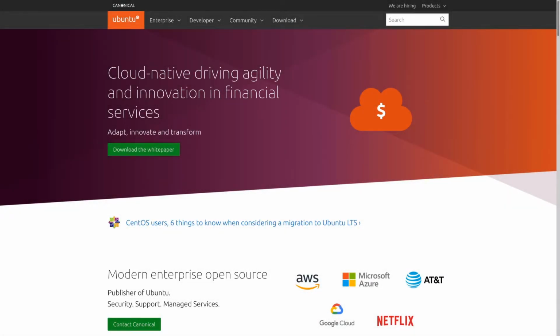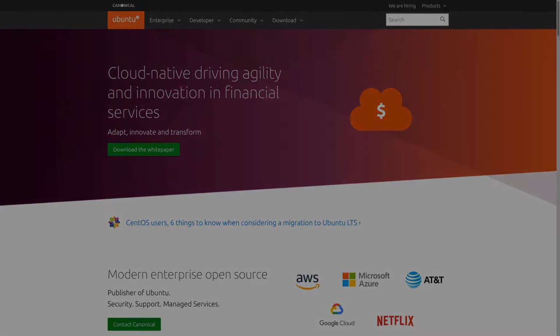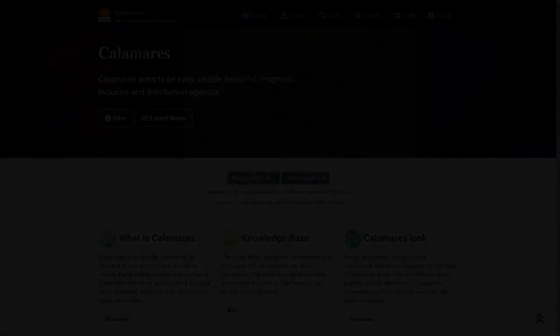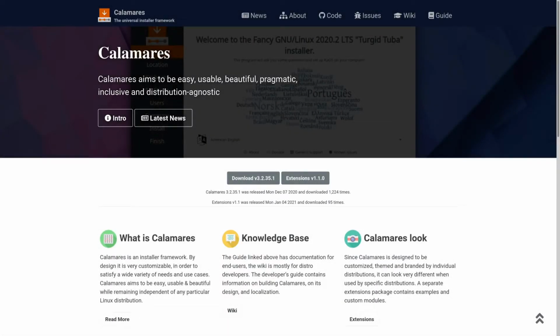But speaking of Arch-based distributions, you cannot miss mentioning Manjaro Linux, as it's one of the best Arch-based distributions out there. And it comes with a range of official and community editions for you to choose from. Installing one of these Arch-based distributions is way easier, as they come with the familiar graphical installer, which is often the Calamares installer, or however you pronounce it.